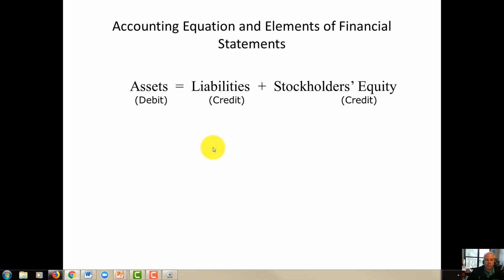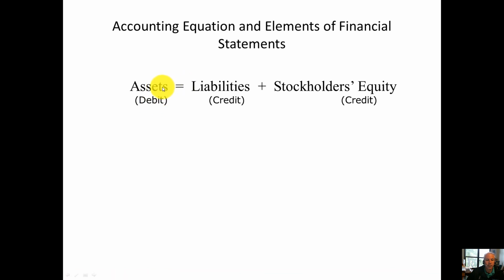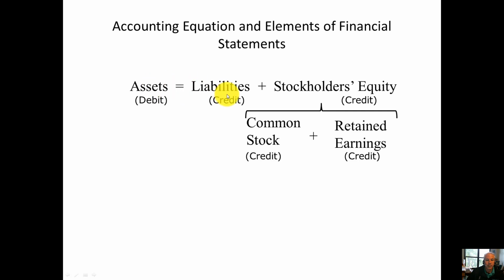So, in your studying to this point, you should notice that our basic accounting identity, remember the rules and grammar of the accounting language, the first part of my metaphor, involves assets on the left side, which are our debits, and after the equilibrium sign we have the credits, and then the stockholders' equity accounts are also credits. We can break stockholders' equity into common stock and retained earnings, which are both credits.